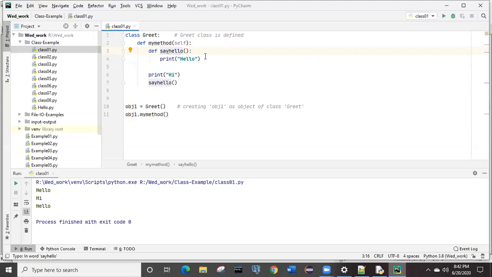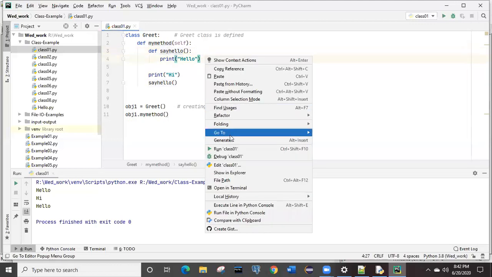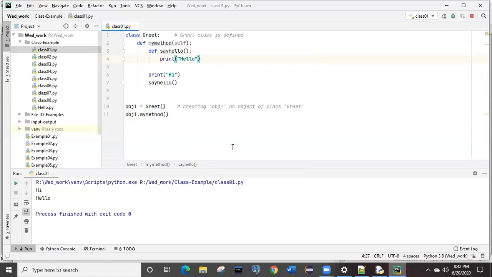So this is the basic example of how we can create one class, and inside that class there may be some methods, how we can create the object of the class, and how we can call the method of the class. You have also seen the syntax of a statement running inside the class. It will always execute the statements according to the way they are getting called. First the print is called, then say hello is called. Because of that you are getting hi hello, not hello and hi.